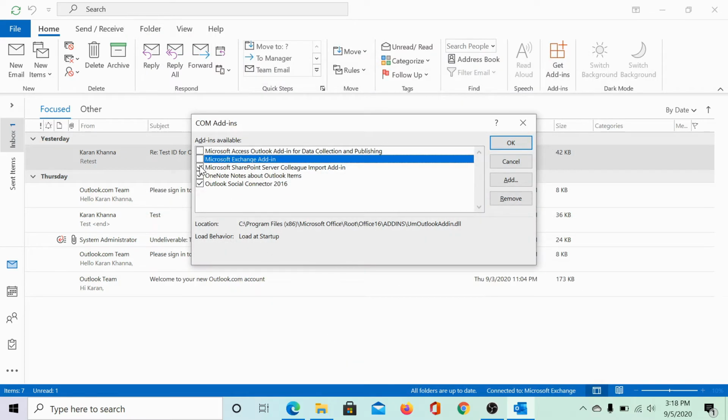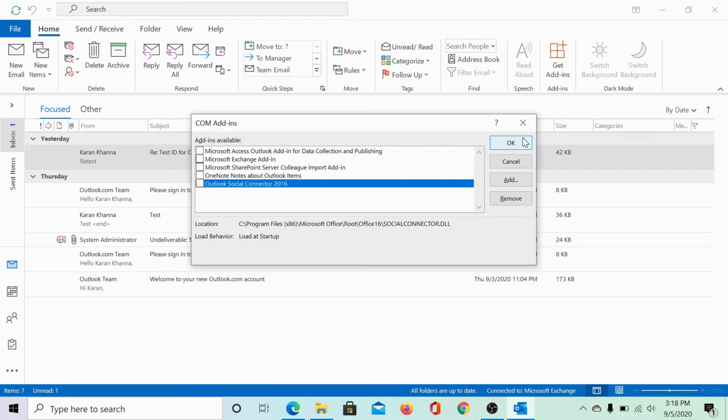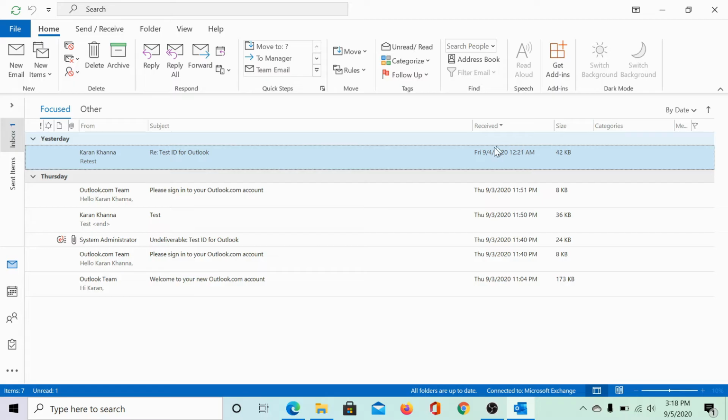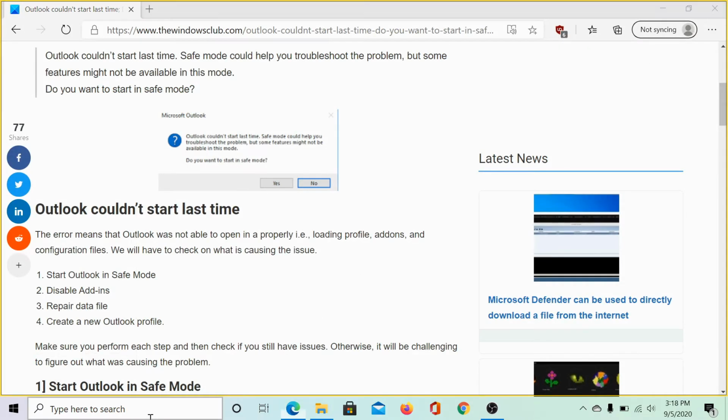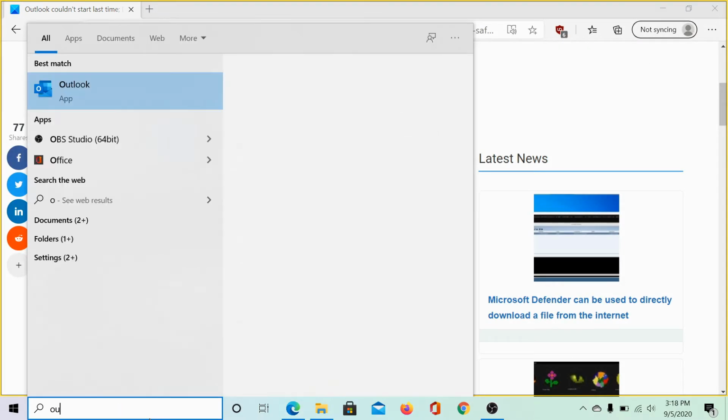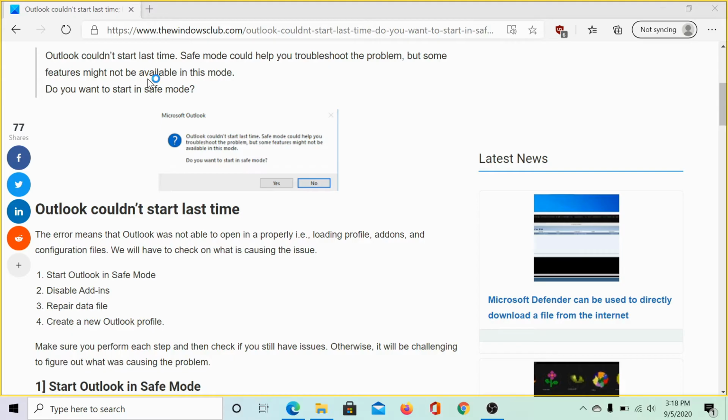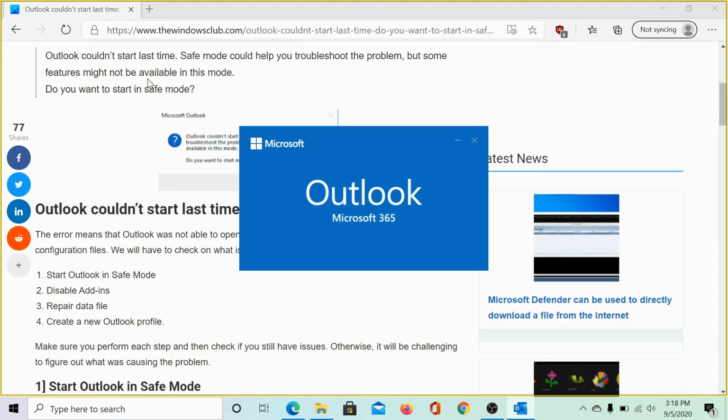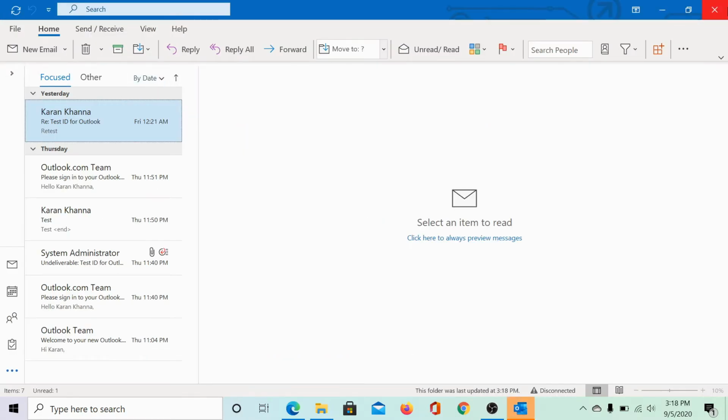Now, uncheck all the add-ins to disable them and then click on OK. Now you have disabled all add-ins in Microsoft Outlook. Try restarting Outlook in the normal mode and check whether or not it works. It loaded in my case.